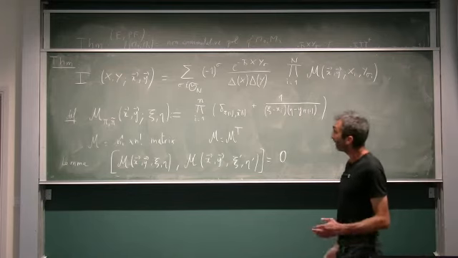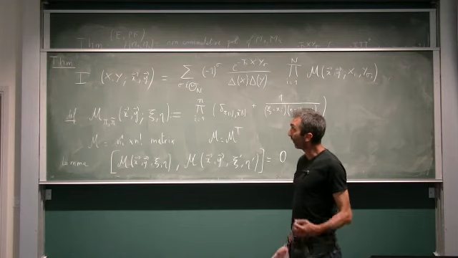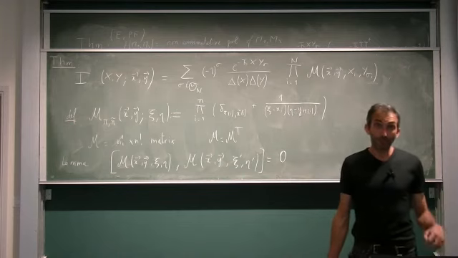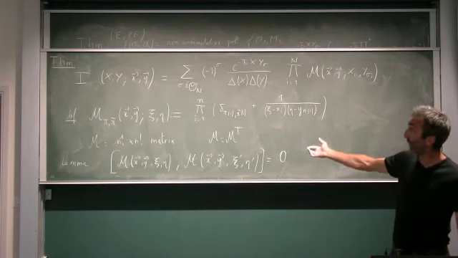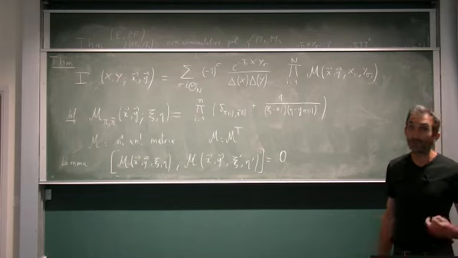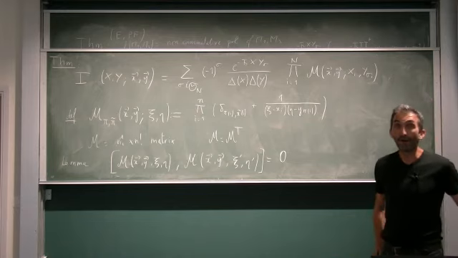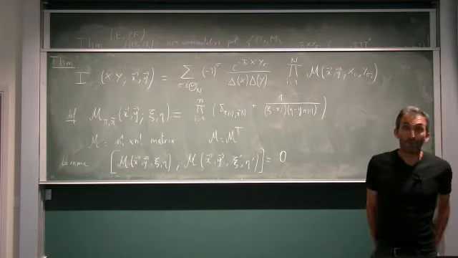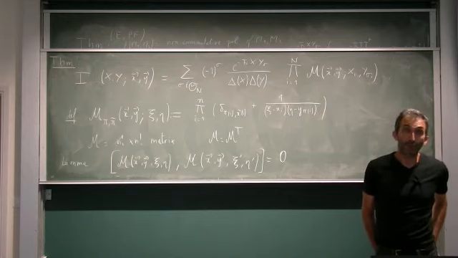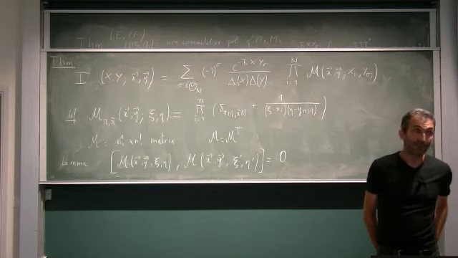And so next time I will give the formula for the expectation values of traces of powers of M1 and M2, because so far I've integrated only the angular part, the group part. I have not yet integrated over the eigenvalues. Next time I will do it. And also I will talk about large N expansion by solving loop equations or topological recursion for maps. And we will see how the topological recursion arises.